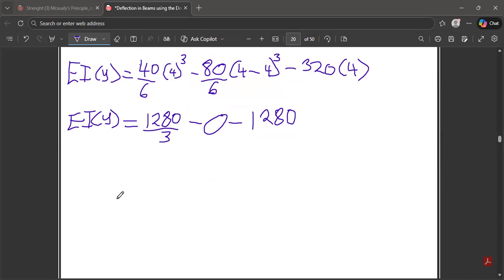So this implies that we are going to be left with our EI to be equal to, we're going to let the whole of this